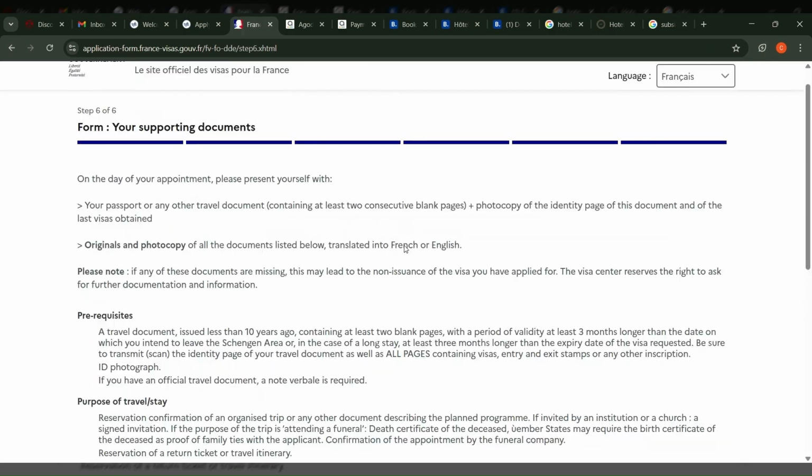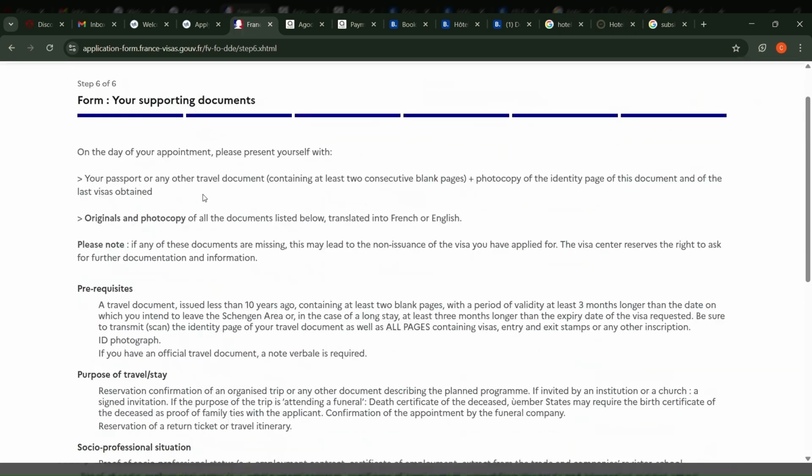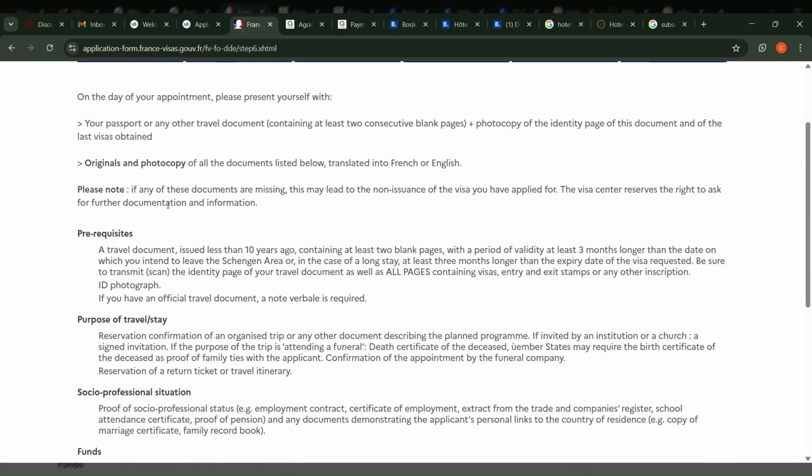So now you're done. So your supporting documents, this is your supporting document that you need to have. You need to have your passports or any other travel documents containing at least two consecutive blank pages for your travel, and also original and photocopy of all the documents listed below translated into English. So please note, if any of these documents are missing, this may lead to